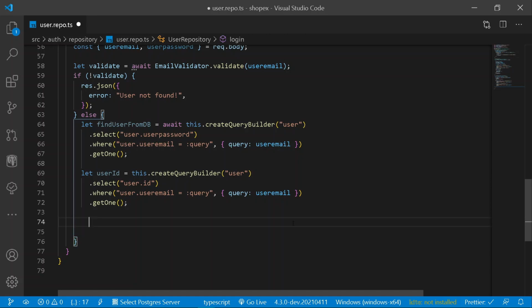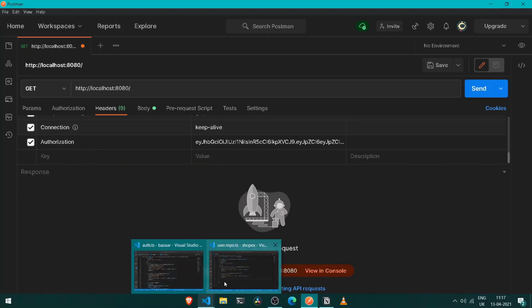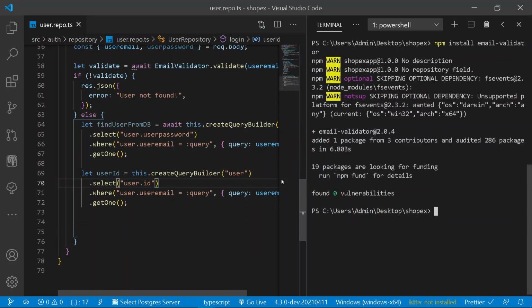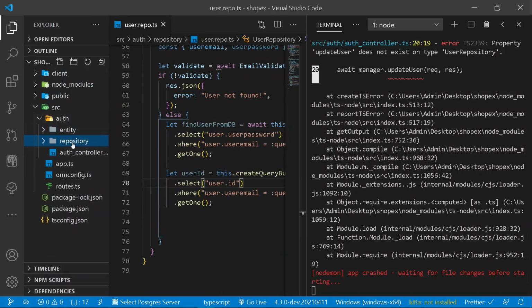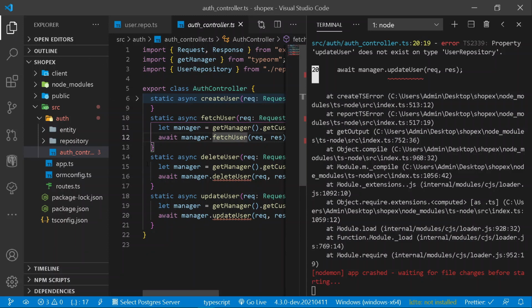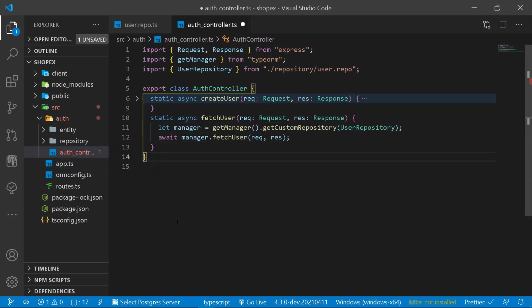But you know what, if I move under my Postman just like here, and if I send a get request, alright, this might take somewhat loading because we are not running our server. So here let's have npm run dev. Alright, we are getting an error because the following manager does not exist. So for that purpose, let's go under our auth controller, and under our auth controller we need to remove the following both of the methods because they are not in existence.